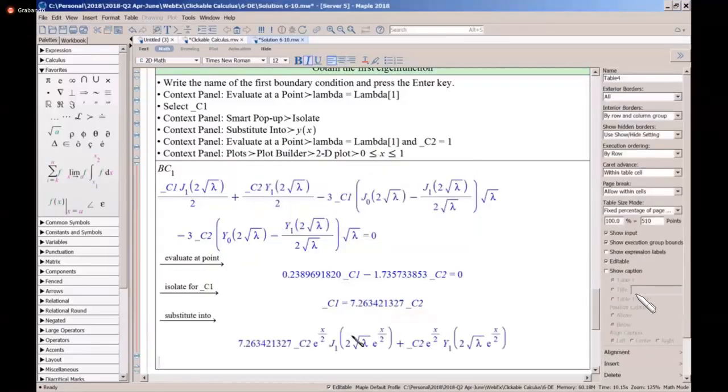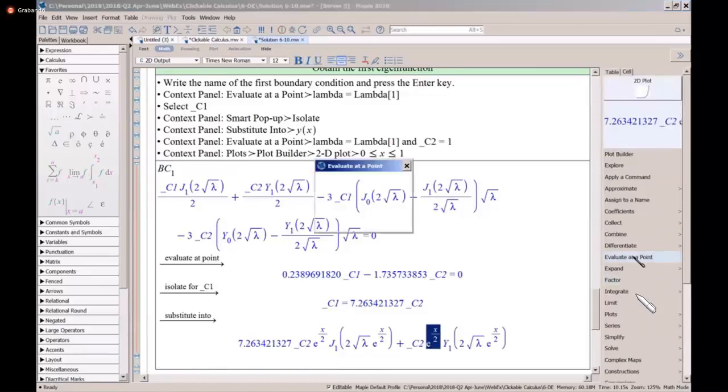Well, we need to get lambda back in there, and you'll notice that you have a C2 that can be factored out, which tells you that the eigenfunction is determined to within an arbitrary multiple, which is always the case. So I'm going to evaluate at a point. I'm going to set C2 equal to 1. You can find some other normalization scheme, L2 norm equals 1, whatever you like. I'm just going to set it equal to 1, and the eigenvalue is lambda